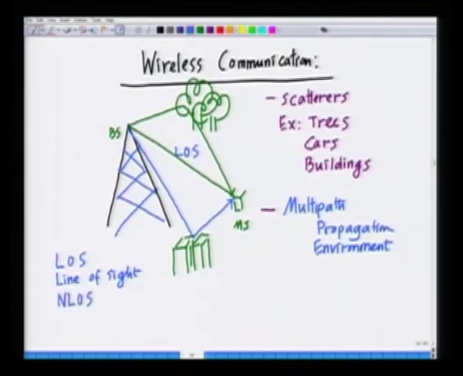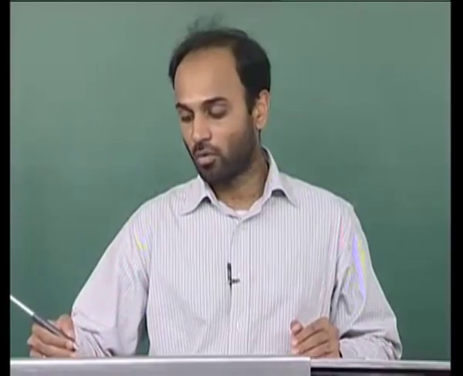So, the scatter paths do not arrive directly, but arrive because of the scatterers, and are known as NLOS or non line of sight components. So, that is the characteristic of the wireless channel, where we have the signal coming to the mobile station